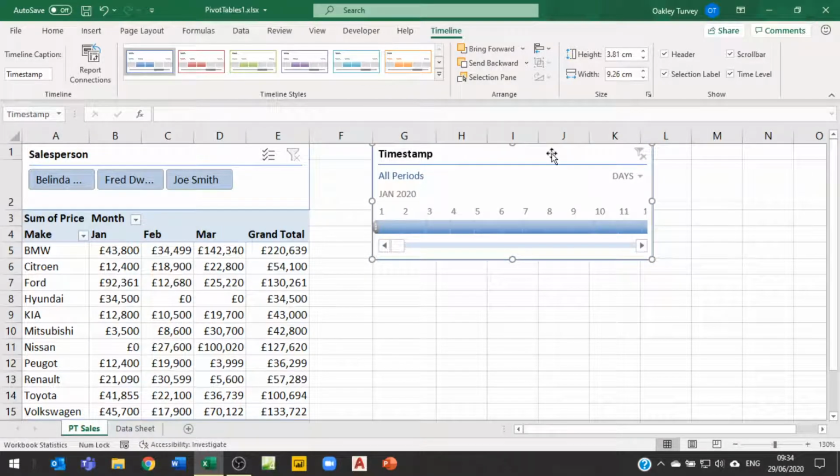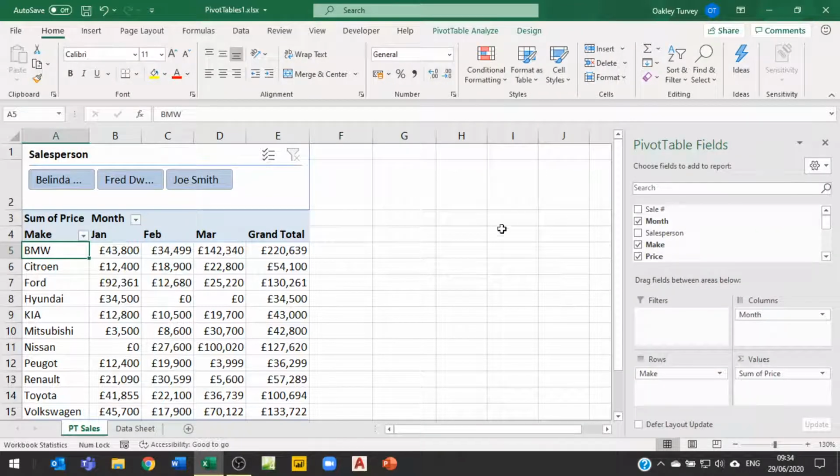Now again with the timeline, this is just a filter. If I delete it, I should have cleared the filter beforehand. Otherwise it would have put a filter on the field that I've used. Okay,